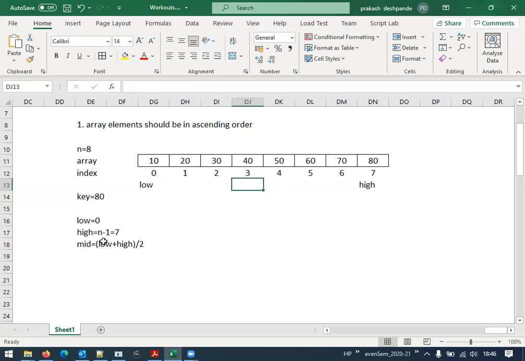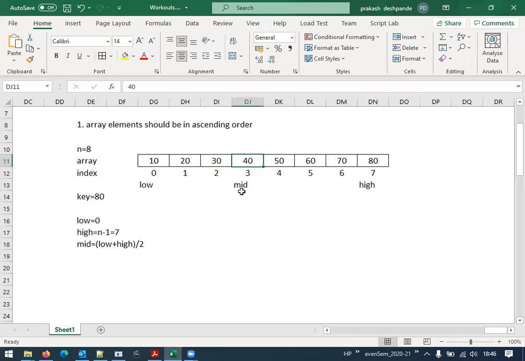Mid is going to be 0 plus 7, that is 7, divided by 2, we get 3.5. So 3.5 means we take only 3. Now mid is here. Pay attention. The key element is 80 and the mid positioned element is 40. Are they equal? No, they are not equal.